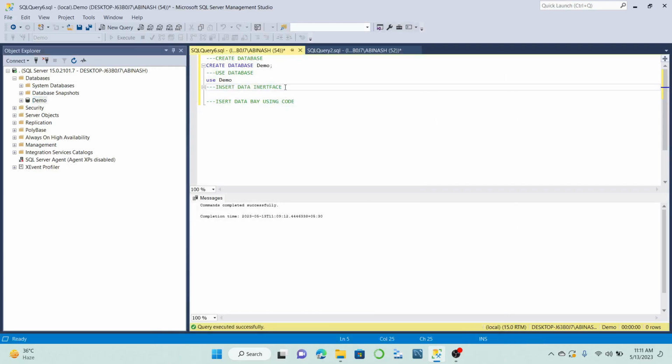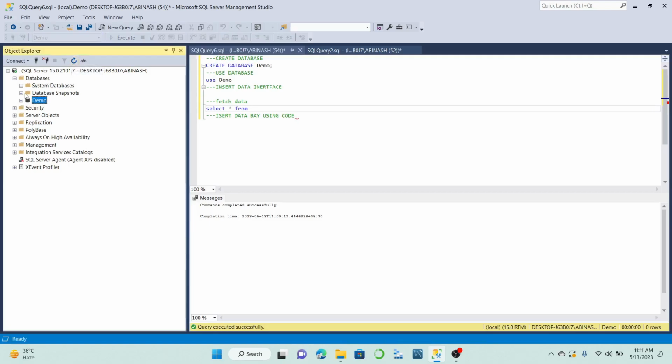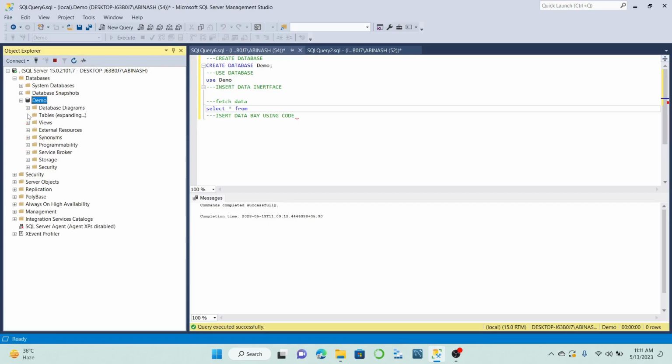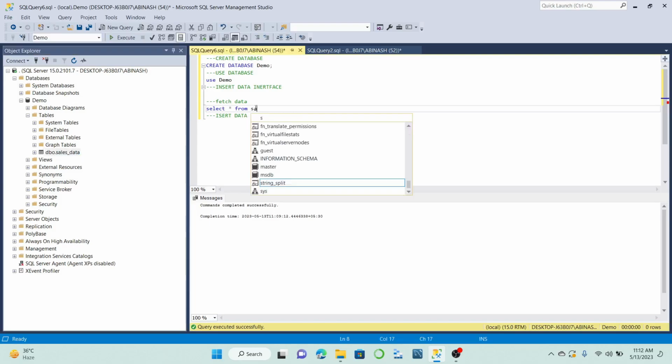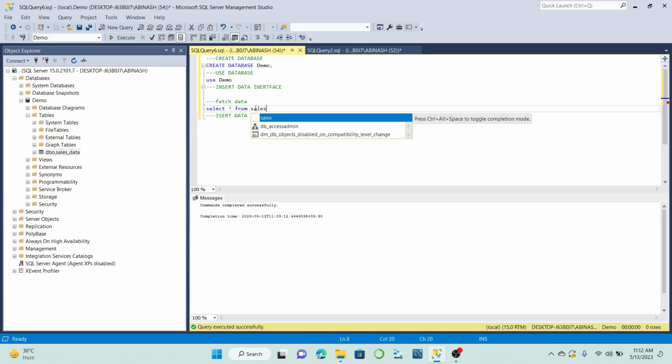After the interface, we fetch the data. For fetching data, we write the query select star from our table name. For the table name, you can see here, just refresh once and go to Tables. Here this is our table name, dbo.sales_data. You can use sales underscore data. If we run it,